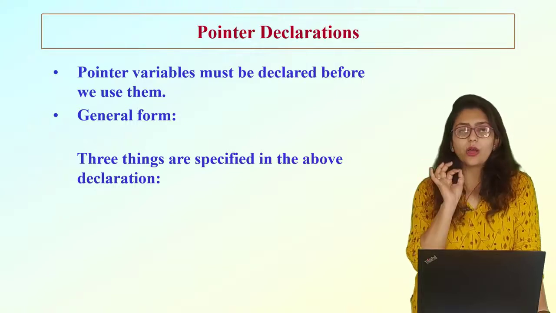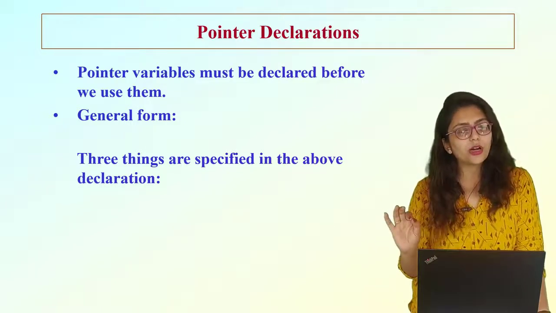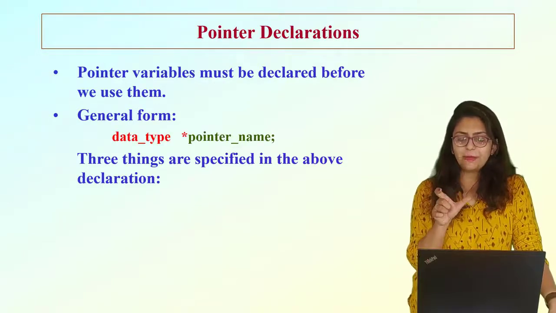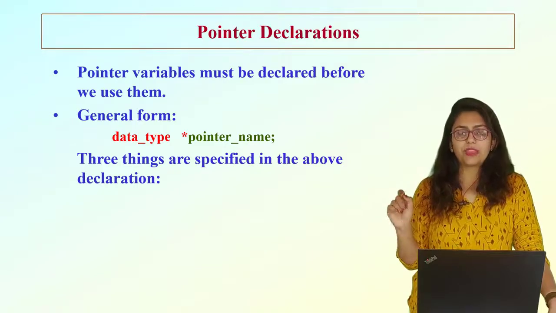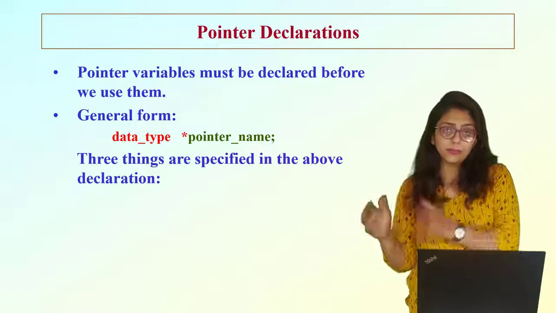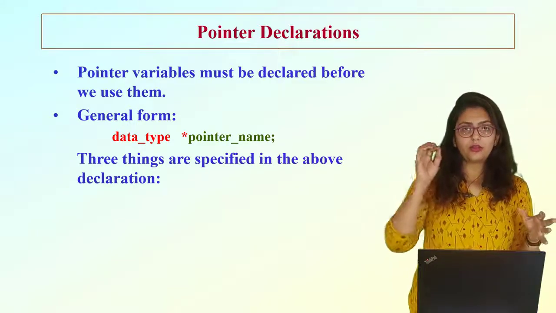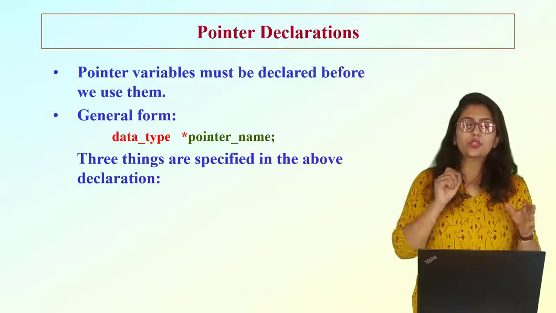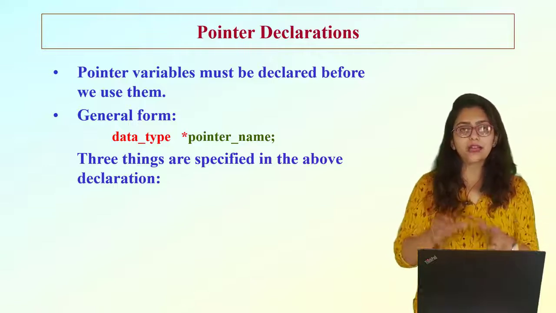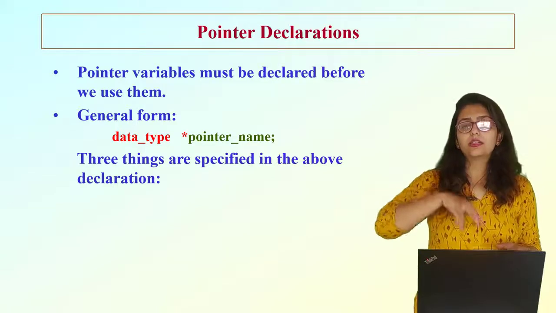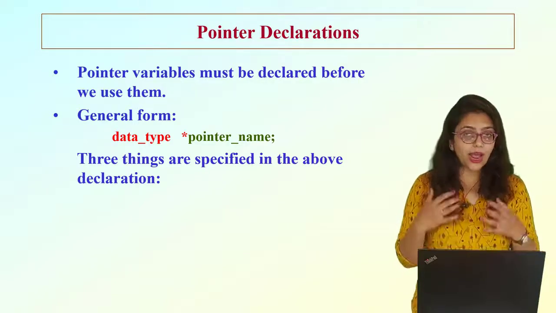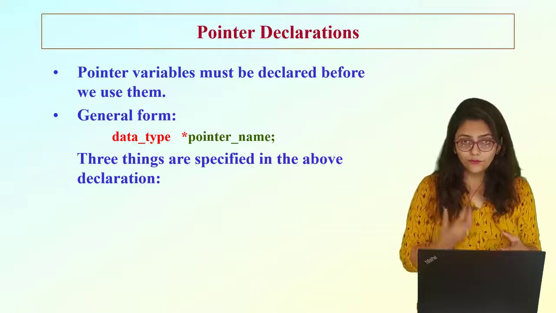Similarly, whenever you are using a pointer, first you have to tell the computer about the pointer and the type of pointer. The general form of a pointer is data type, then star, then pointer name. So how can you differentiate whether it is a pointer or a simple variable? The star sign is used for that. Whenever the computer sees that instead of int x, you have written int *x, that means this is not a simple variable, this is a pointer variable. It will store some kind of address instead of a value.